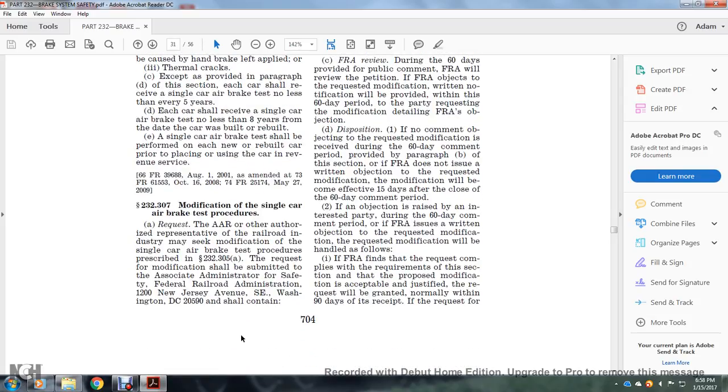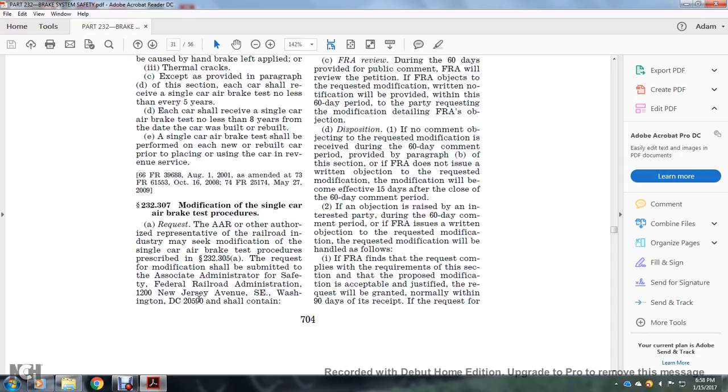Alright, 232.307, modification of the single car air brake test procedure. A request for the Association of American Railroads or their authorized representative of the railroad industry may seek modification of the single car air brake test procedure prescribed in 232.305(a). The request for modification shall be submitted to the Federal Railroad Administration, 1200 New Jersey Avenue, Southeast,